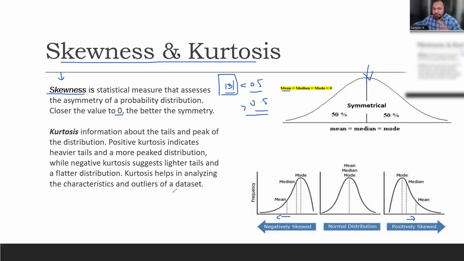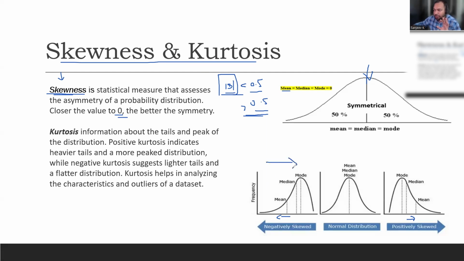You do not have to do much around this. Just look at the skewness. Based on the value, if the value is less than 0.5, replace with mean. If the value is greater than 0.5, replace with median. As simple as that. One more thing, which is a common question, is what happens to skewness if the value is greater than 0.